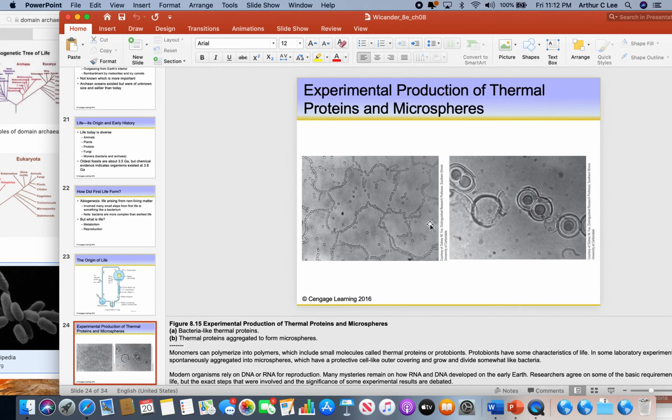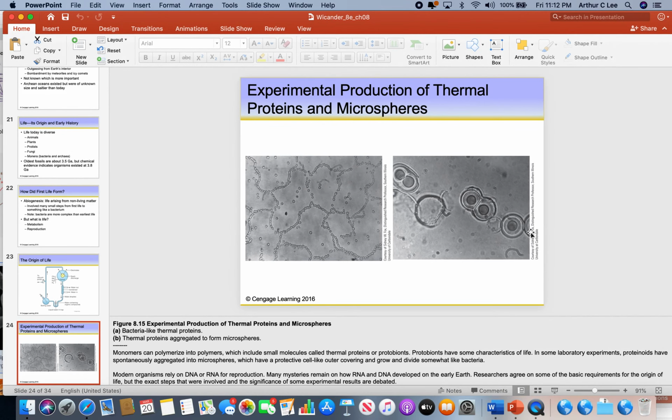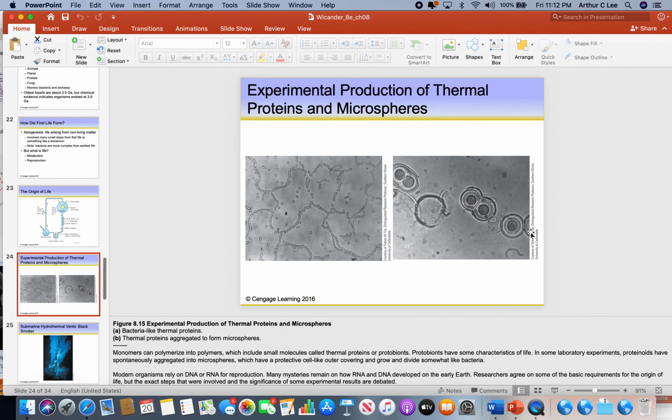But there's a flaw in that argument. The flaw is we don't find any fossil evidence of domain archaea in Archean rocks. So until we find that in the rocks, I don't think we can say that this makes sense. But I wanted to tell you about the two main ideas on how life began: the Stanley Miller approach and